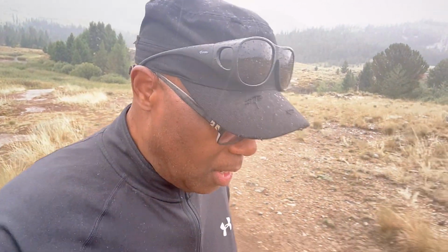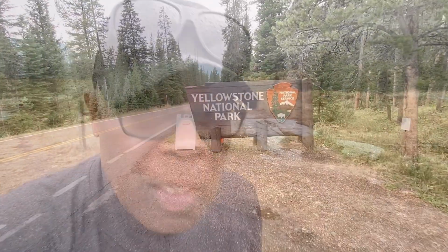It is raining out, but it's light rain. This road that leads into Yellowstone National Park, I'm about maybe 50 miles from the park, but it's beautiful. There are so many places you can stop to catch some beautiful views. And when I see them,